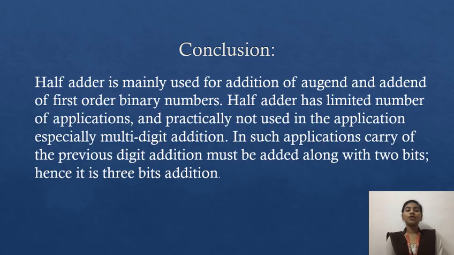So the conclusion of the before discussion is half adder is mainly used for addition of augend and addend of first order binary numbers. So here augend represents the sum bit and addend represents the carry bit, which are the two outputs. So half adder has limited number of applications and it is practically not used in applications, especially multiple digit additions. So we use half adder only for adding two binary digits,